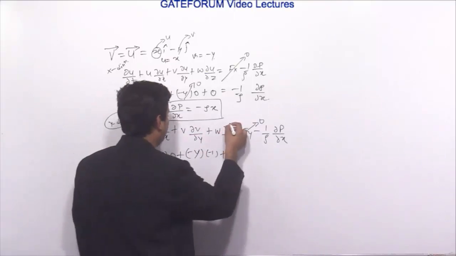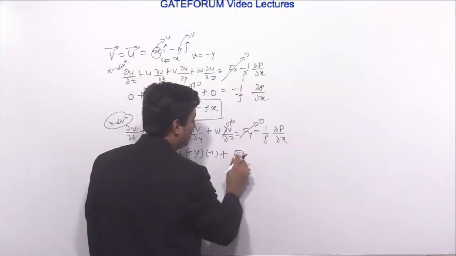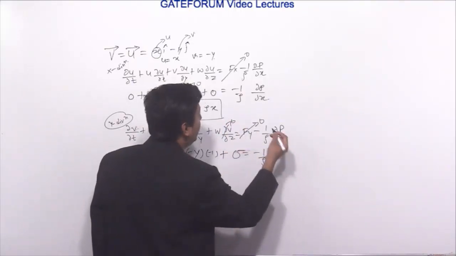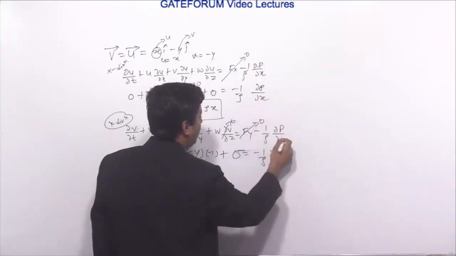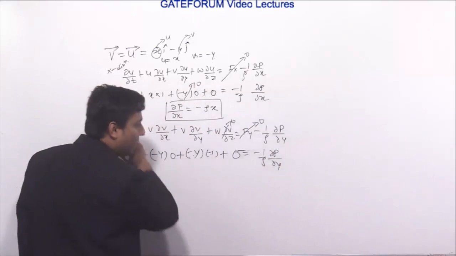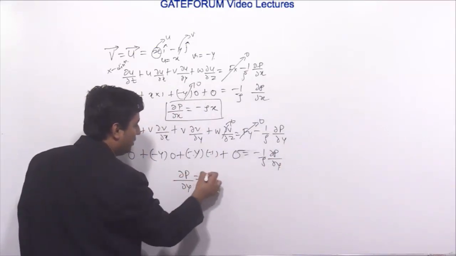This term will be equal to 0 only. So 0 plus 0 minus 1 by rho del p by del y. So from here, what will we get? Del p by del y is equal to